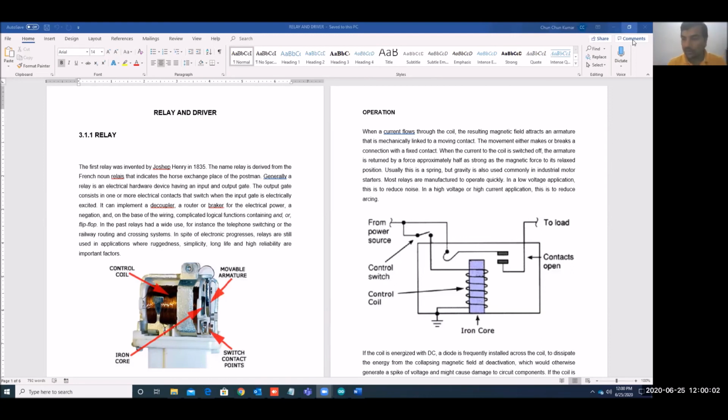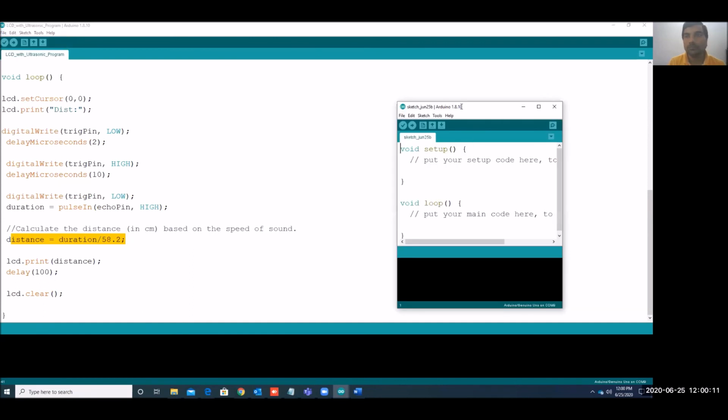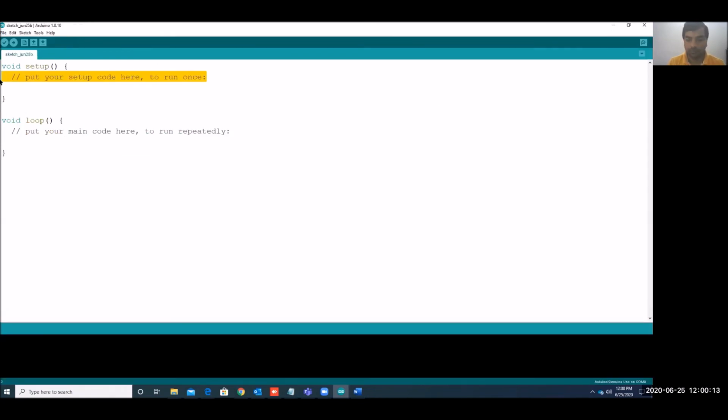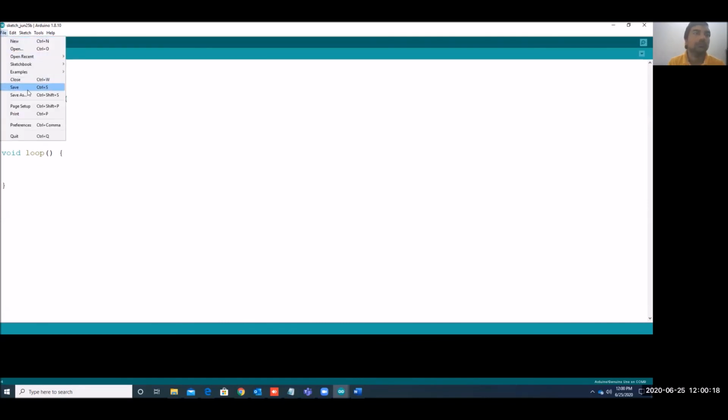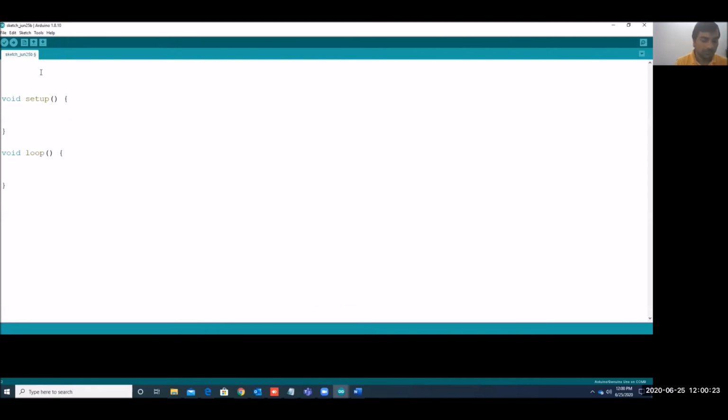Okay, it will be a simple program. I've connected to pin number 2.